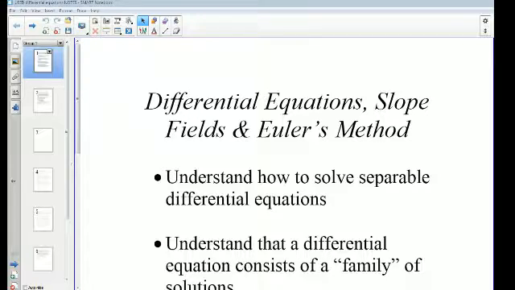So the packet I had, our last concept, is called differential equations and slope fields. We're going to do slope fields first, and you'll get that pretty easily, I think. And then we're going to do differential equations. So basically, what we're looking at,